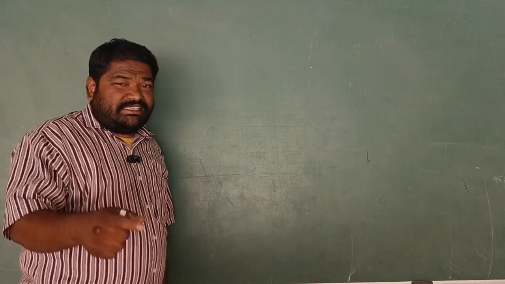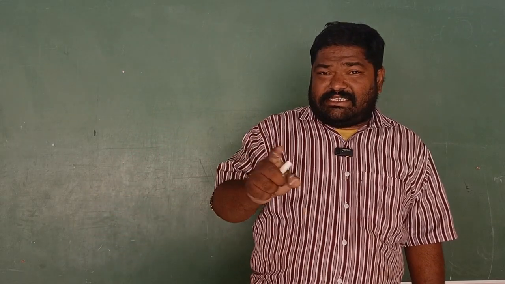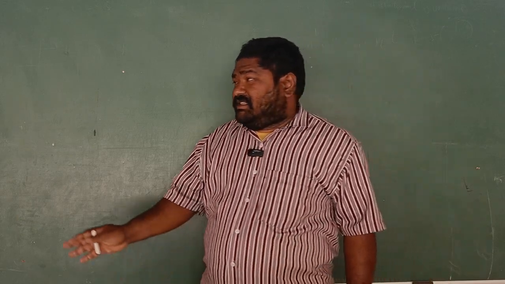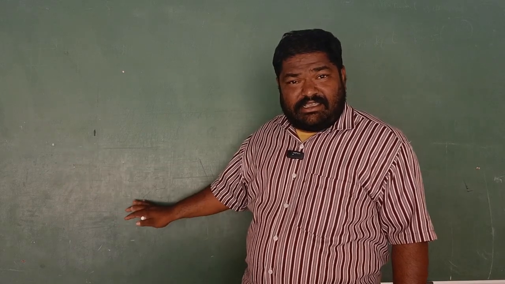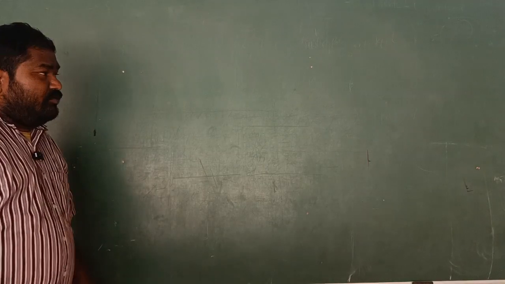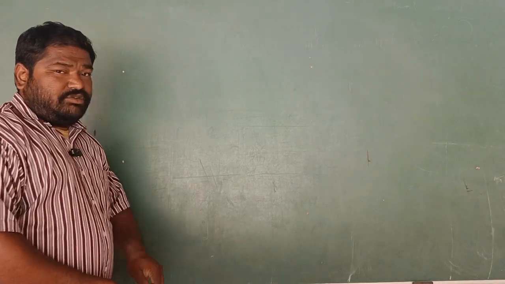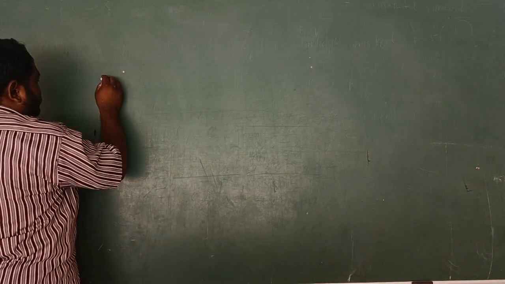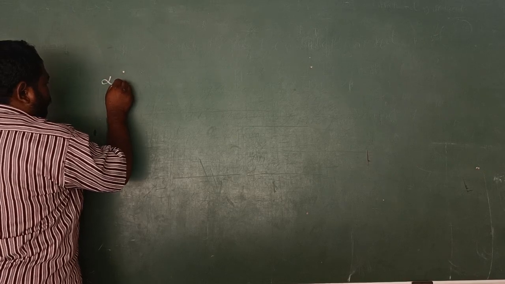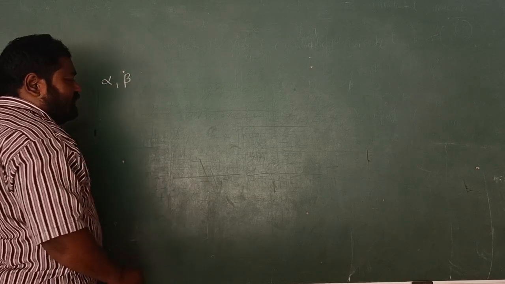In this video, we are going to discuss polynomials. We already discussed exercise 1.1. Before going to exercise 1.2, we discussed in the previous classes the relation between coefficients and the zeros. Now we are going to write about the formula I taught in the last class: if alpha and beta are the zeros